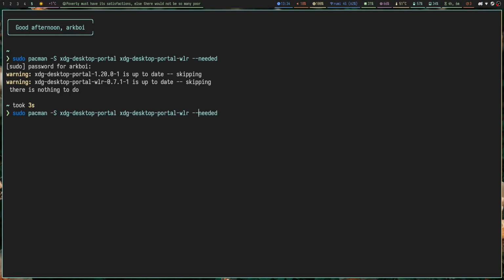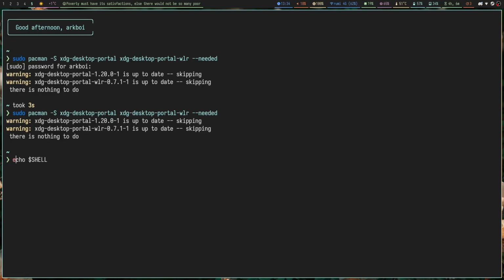Now about xdg-desktop-portal-wlr, if you're using Hyprland, you're going to need this one, GNOME is this one, and KDE is this one. For any other window manager like Niri or Wayfire, it should be wlr. And once you've got that running, we can move on to our next step, which is editing the config file